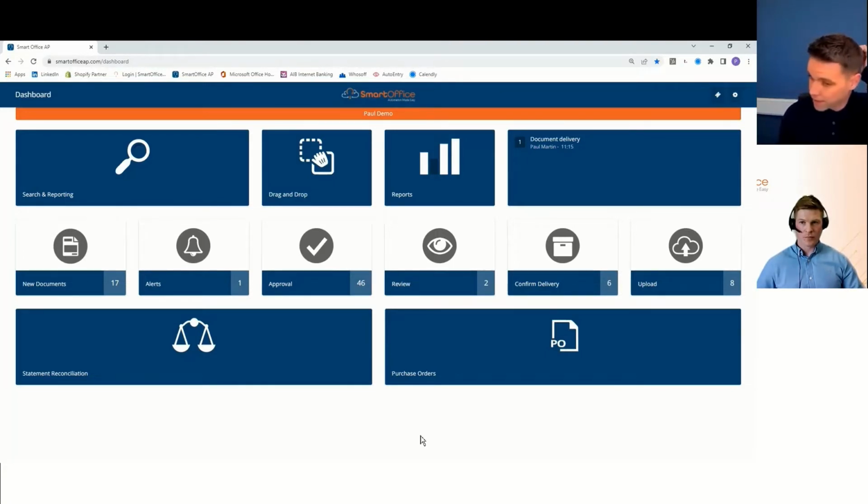Just to give a bit of background technical data, SmartOffice AP is built on the Microsoft Azure platform. The central EU data center is in Grange Castle in Dublin, which gives us 256-bit encryption and full high-level DPO priorities. Basically, that means your information and the stability of the system itself are very, very secure. Also, as Donna mentioned earlier, it's a cloud-based system. As you can see, I'm in my web browser, nothing downloaded, no infrastructure or server required. All I need is an internet connection.